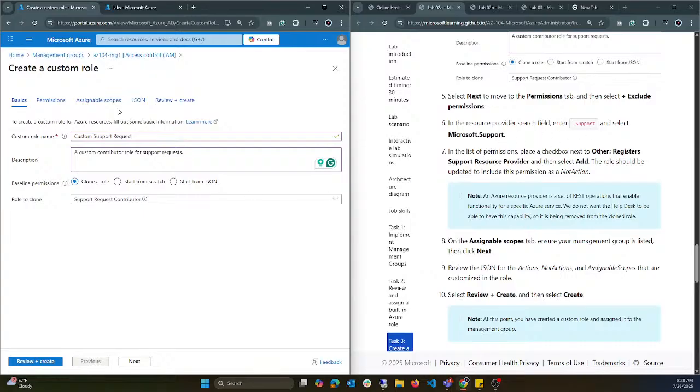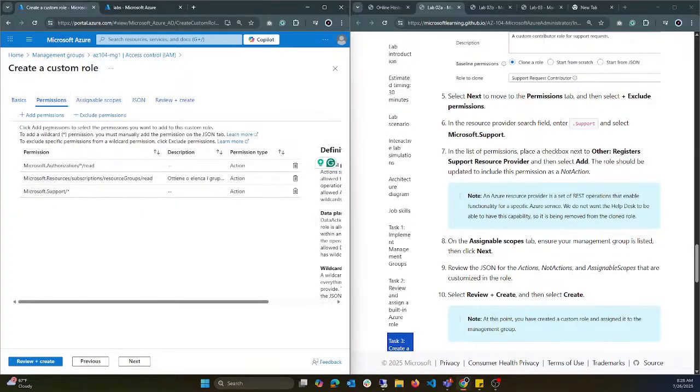So here, it says add permission. It wants me to exclude. That means it wants me to add a not action. And the reason for adding this not action is the Microsoft.support slash add asterisk, meaning everything related to this the